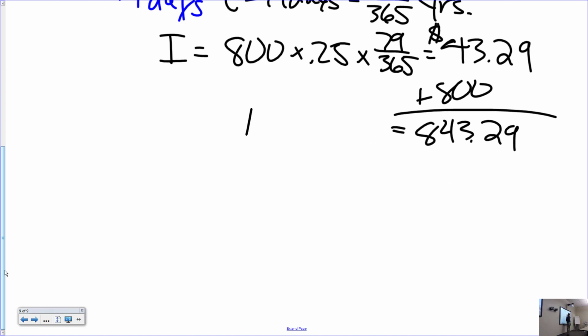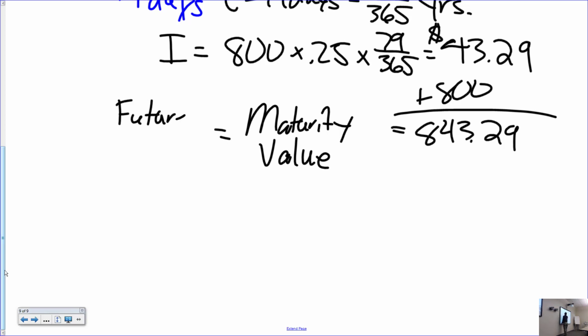Please note that this has a name, which we will also talk about next time. It's called the maturity value. So the maturity value of a loan is just how much you have to pay it off. The maturity value of an investment is how much money you'll have after you're done investing. It also has another name that we'll talk a little bit about as well. It's the future value. It's how much money this loan is going to be worth the guy lending it to you in 79 days, right? It's an $800 loan, but in 79 days it'll be worth $843.29. Hence, we often call it the future value as well. Just realize that those two things,